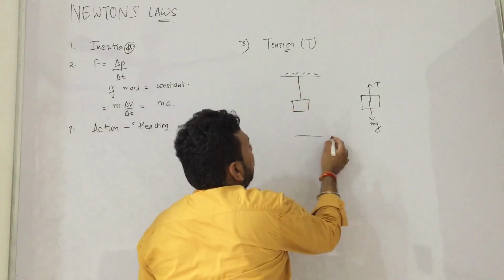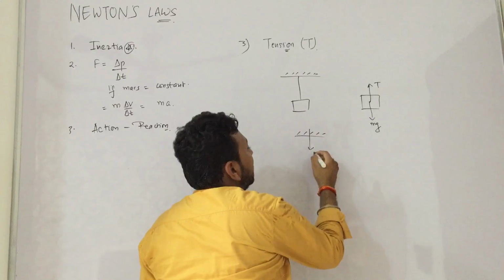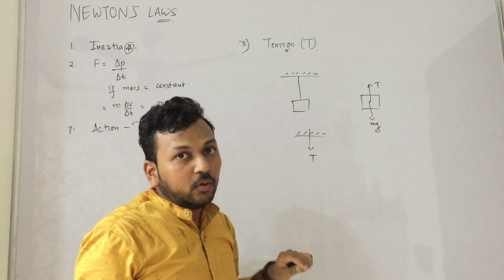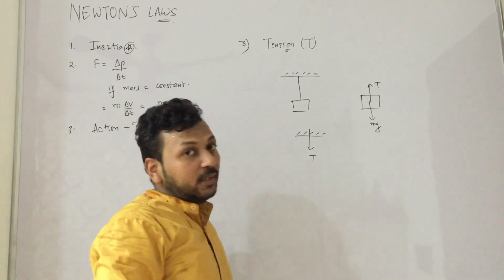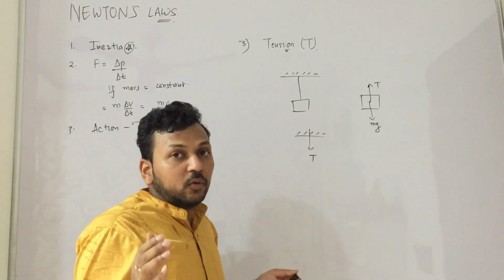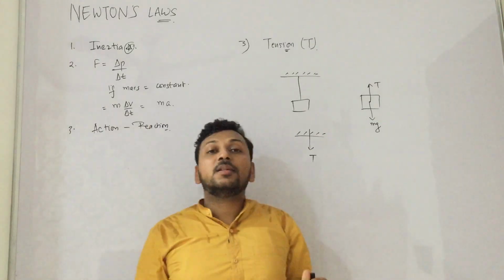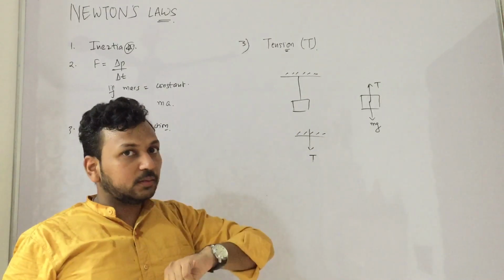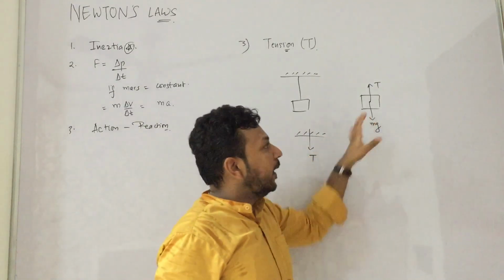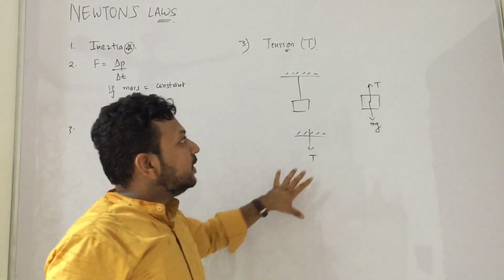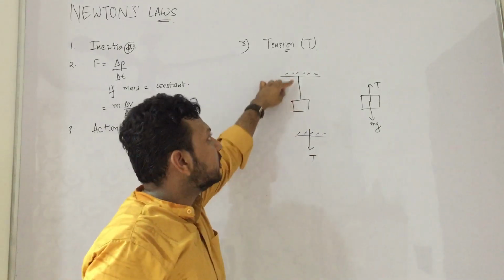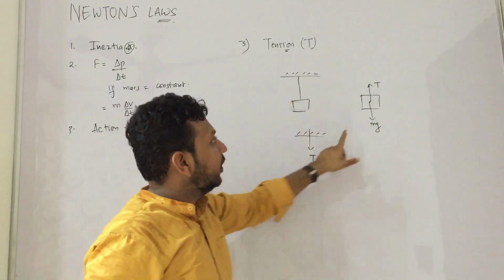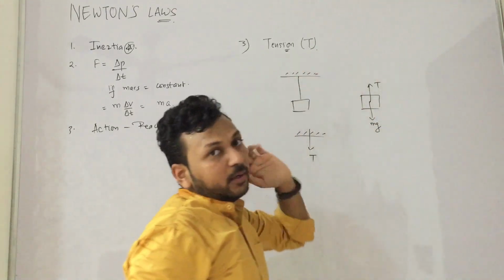Now if I study the roof, the ceiling, tension will be downwards, because consider the scenario that the roof is not so strong, so it will come down, right? Now which force is bringing it down? It is a tension force, right? Tension in the string, tightness in the string is bringing it down. So tension on the ceiling will be downwards. However, tension in the mass was upwards, right? So what is the property of tension? Tension is along the string, but away from the body. So this is the property of tension.